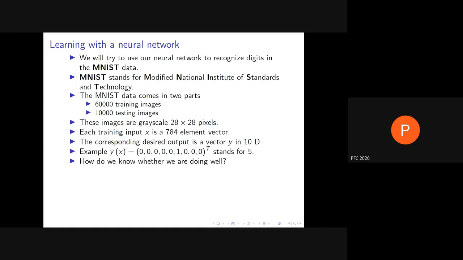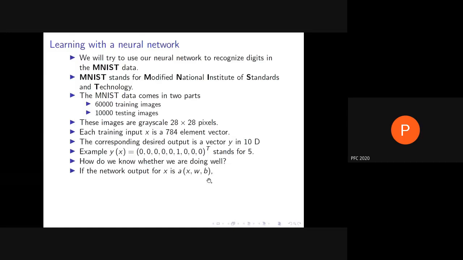So how do we know whether our program is at all doing well? Well, our network will produce a final activation, final output. We are still going to call it activation A, despite the fact that we have moved away from biological neurons quite a bit, and the outputs are not just 0 and 1, but some number. And the final activation A will depend on the input X, which is not a single number, but those 784. It will also depend on the weights. These again, of course, are not single numbers. They are weights for every one of the edges in the picture, a huge number of them. And every bias, one for every neuron.